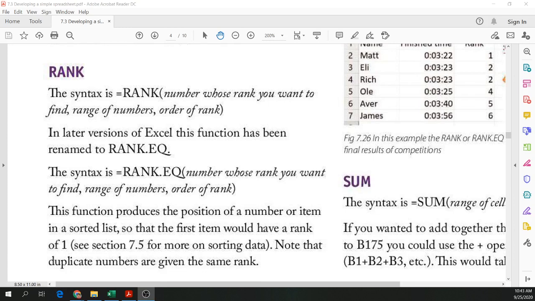Let me start over. The syntax is equal rank. Number whose rank you want to find, range of numbers, order of rank. In later versions of Excel, this function has been renamed to rank.EQ. The syntax is RANK.EQ, number whose rank you want to find, range of numbers, or order of rank. This function produces the position of a number or item